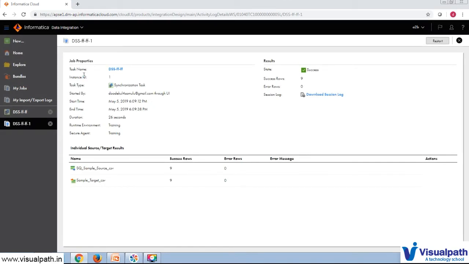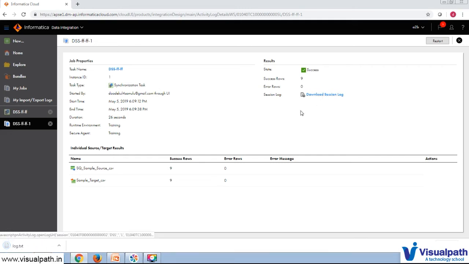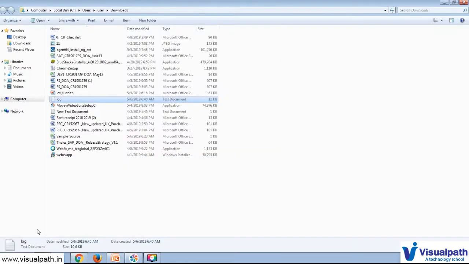If you want to check the session log, to see how it went, you can download the session log directly from here and check it. It will download to your local PC so that you can see the log.